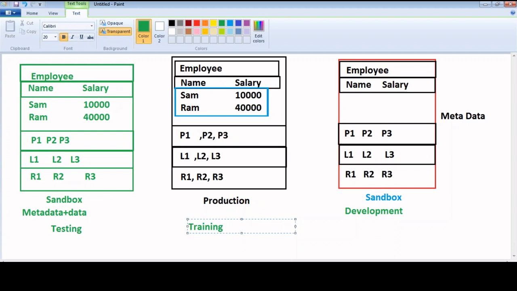If I want to carry out any development, testing, or training activities, that will be done on sandbox,